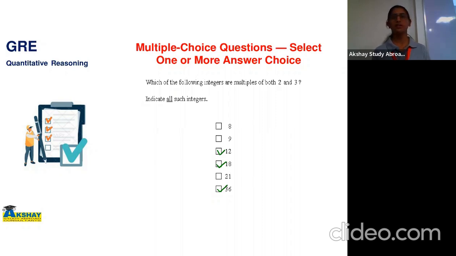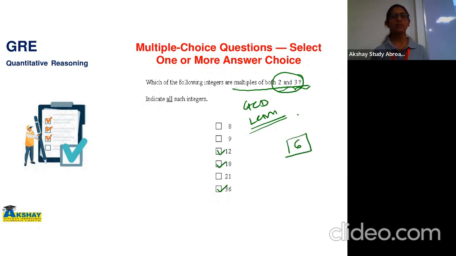No? Okay, so there is a simple strategy to solve this question. Question is which of the following integers are a multiple of both 2 and 3? Okay, we have to find out the multiple of both 2 and 3. It means common multiple of 2 and 3. It is something related to least common multiple. We know GCD and LCM concepts. So first of all, find out the LCM of these two numbers. What is the LCM of 2 and 3? It is 6. LCM of 2 and 3 is 6. And now find out the multiple of 6 from these options. That will be your answer.